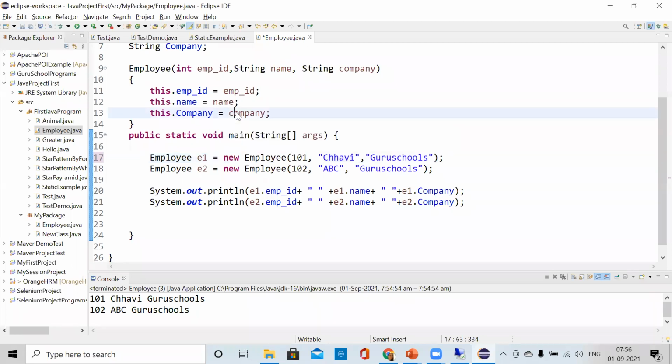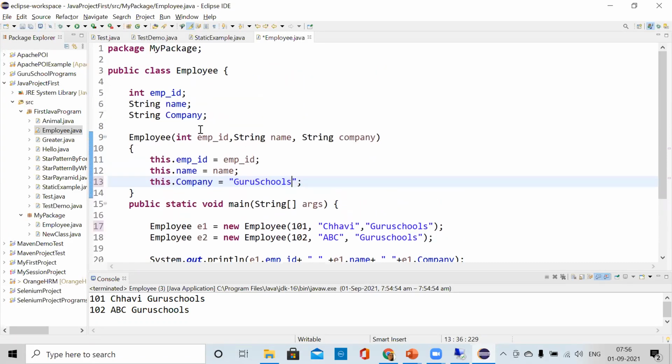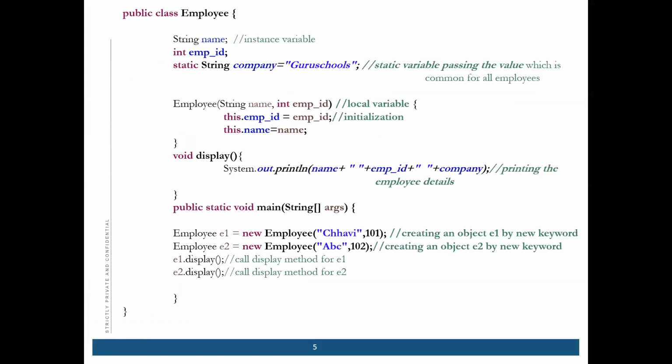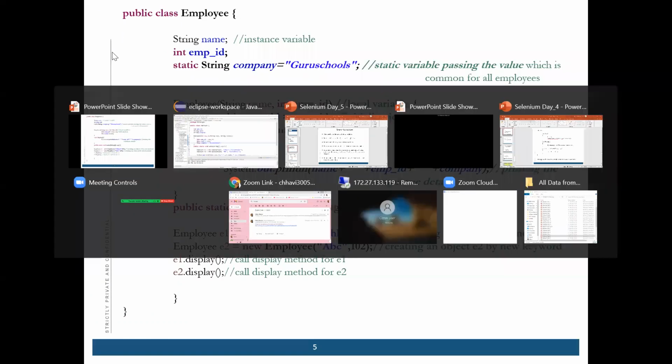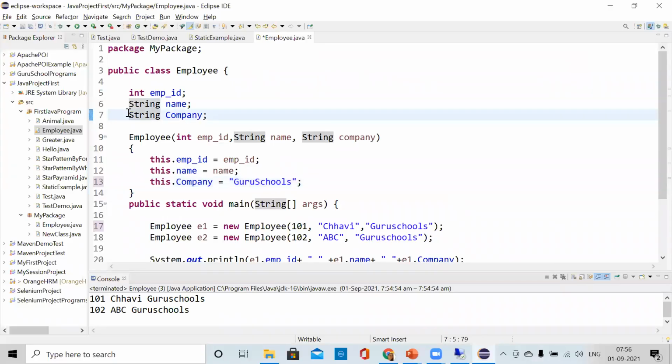So what we are going to do is, we are writing the company name here. We don't need to write it again and again in the employee ID. So what we will do is, we will make this static.